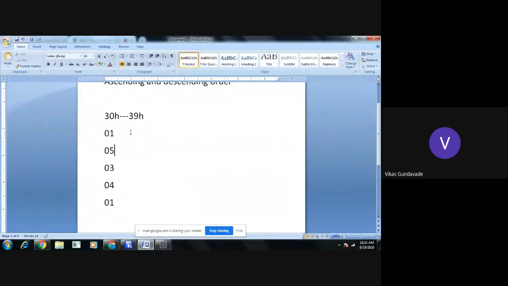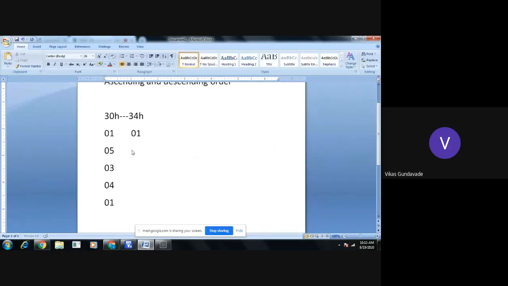So just take the example here. The first number is 01, second is 05, third is 03, then 04 and 01. So these are the 5 numbers, and we will make the range 30 to 34H. Here we need to make the first comparison. 01 will get compared with 05.